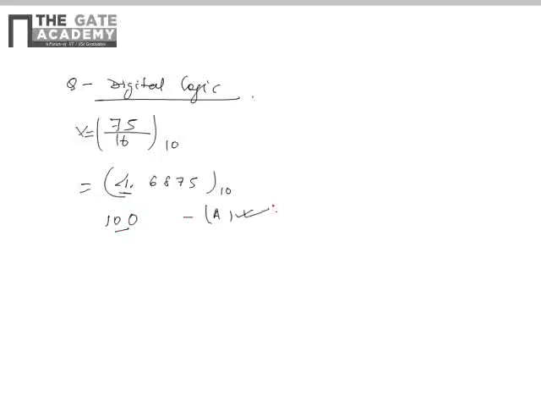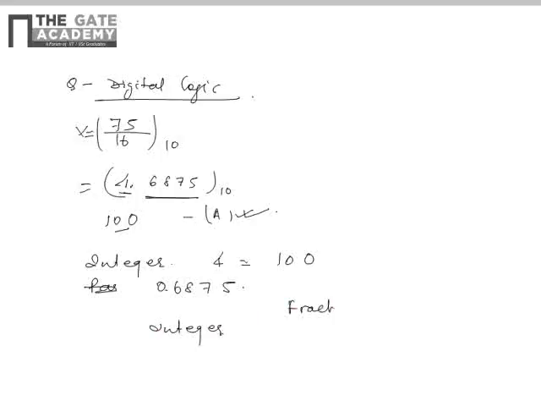This one is correct. But how can you find out that 0.6875 is 1011? I will verify that it is 1011 only. The number contains two parts, the integer part and the fractional part. The integer part is 4, that's why it is 100. And for the fraction part, 0.6875, we have a process where we divide it into integer, fraction and coefficient.